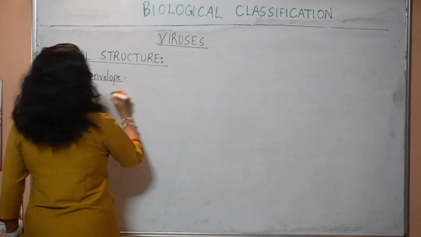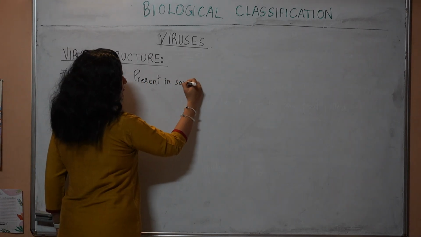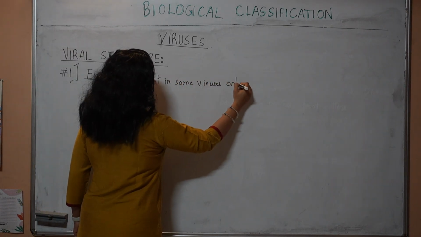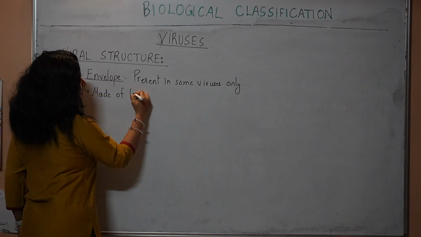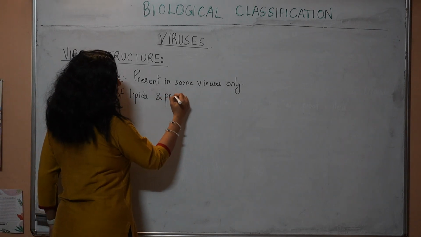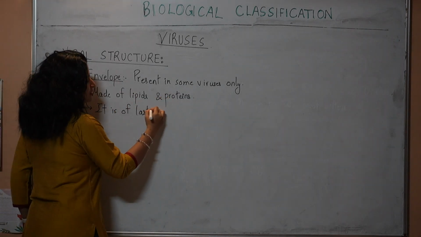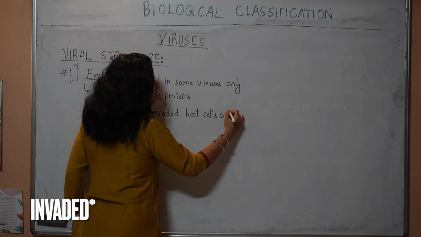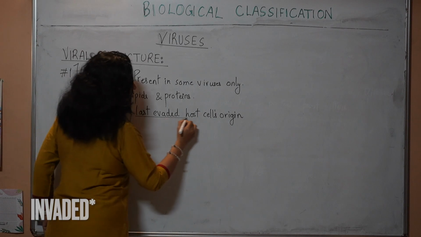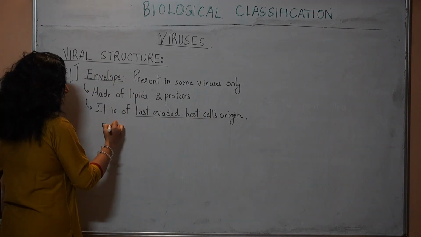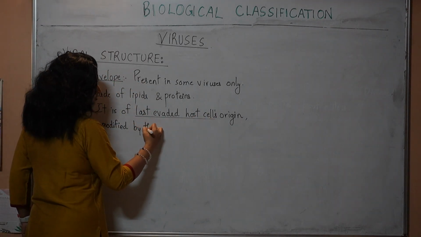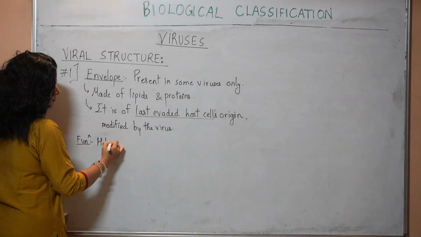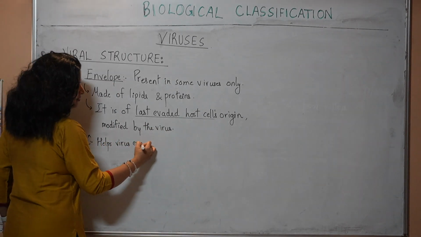Let's write it out. Present in some viruses only. It is made of lipids and proteins. It is of last invaded host cell's origin. Modified somewhat by the virus. Function: helps virus evade host's